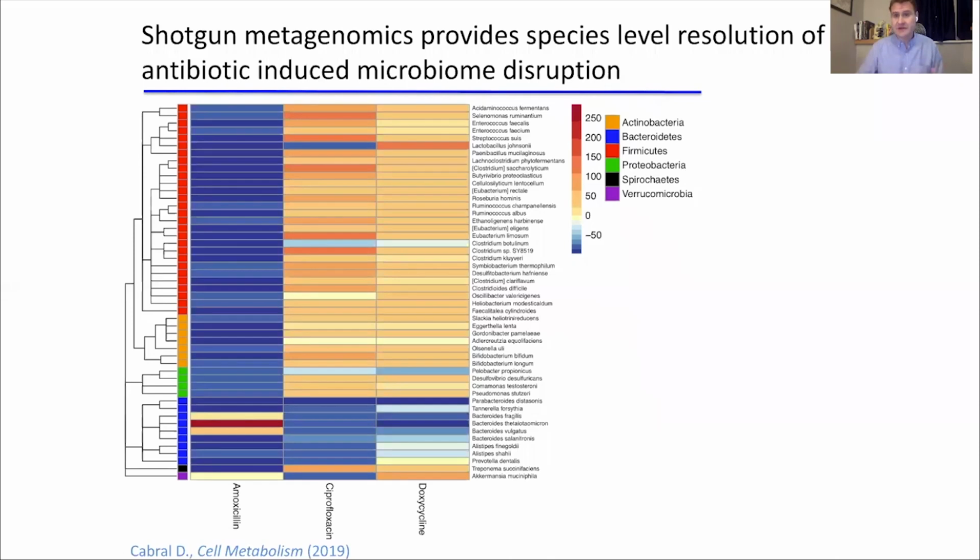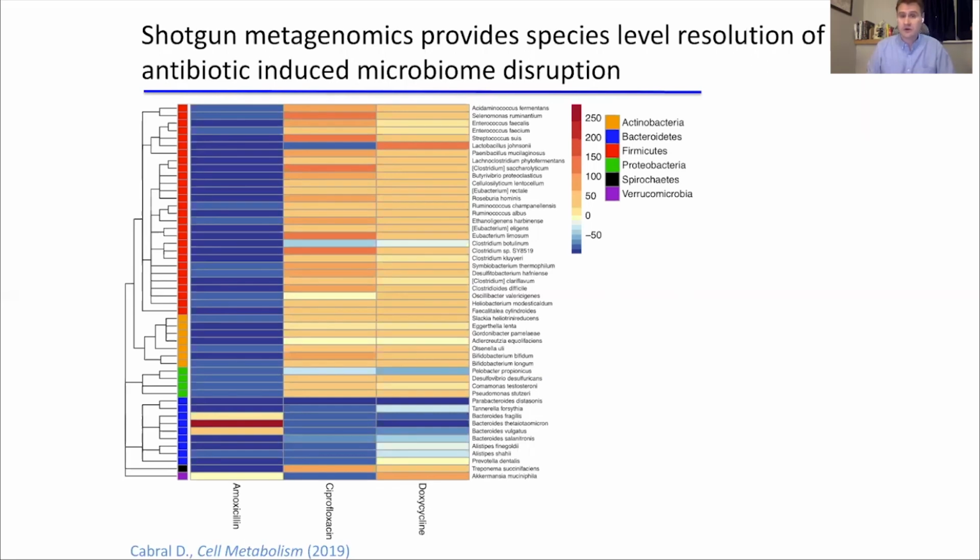And so this is some of the data from the experiment. These are the top 50 bacterial species as detected by shotgun metagenomics. And you can see that each antibiotic has very dramatic impact on the composition. So red or yellow is kind of up and blue is down. You can see that essentially doxycycline and ciprofloxacin have relatively limited impacts on the microbiome, whereas in this case, at this concentration, amoxicillin really wipes out essentially all of the bacteria except for 4. And those 4 are